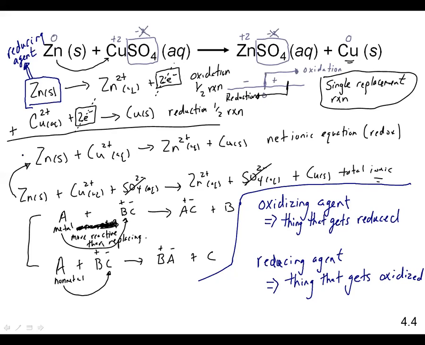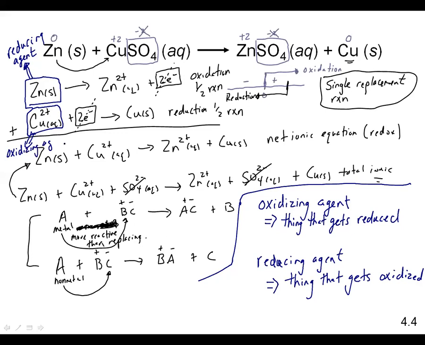Again, because zinc is able to lose those electrons, it will cause the reduction of, in this case, copper. So because it lost electrons, it causes the reduction in something else, and that is why it's known as the reducing agent. While in this case, the copper 2 over here,